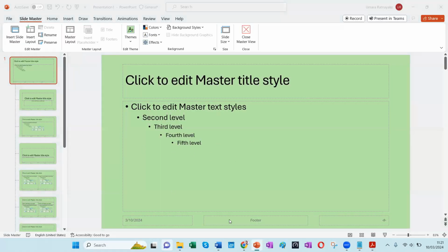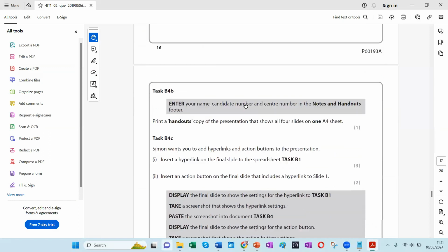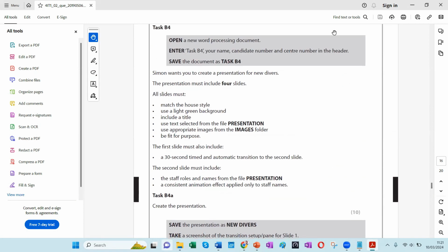Okay, finished. Now, the other thing that you should notice is that they haven't given any specific layout. Sometimes they give it on the paper, right? They say like the image should be on this side, the text should be on this side. So here we have a bit of freedom. Next is